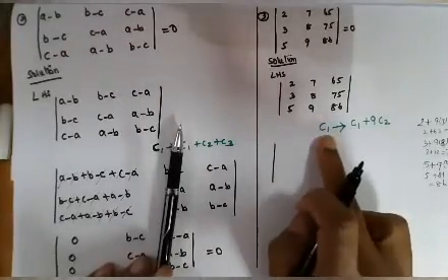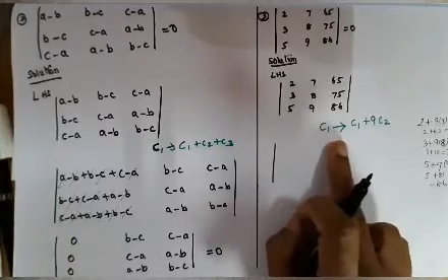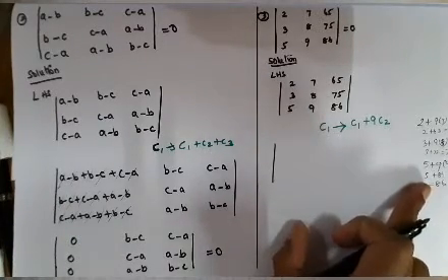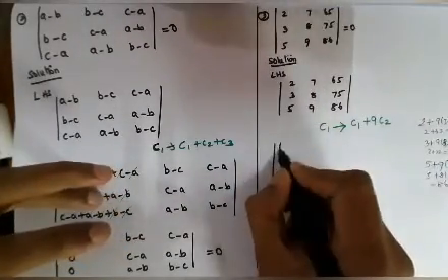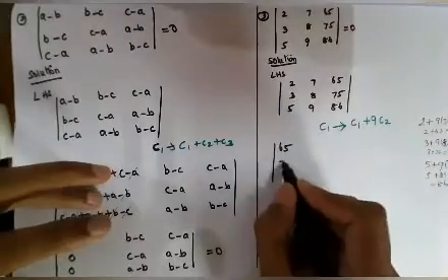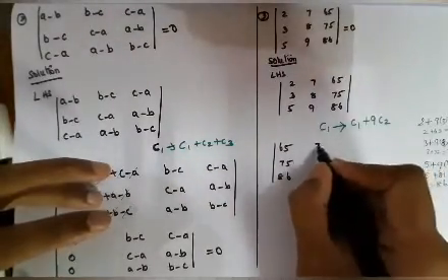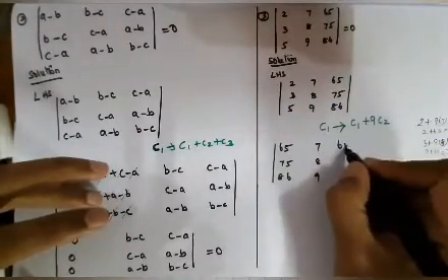So changes only occur in the column 1. Only column 1 gives, meaning changes only occur in the column 1. Column 2, column 3 remain the same. So first will be 65, the second will be 75, third will be 86. The next, column 2 and column 3 remain the same.